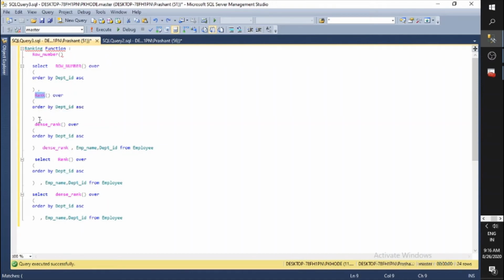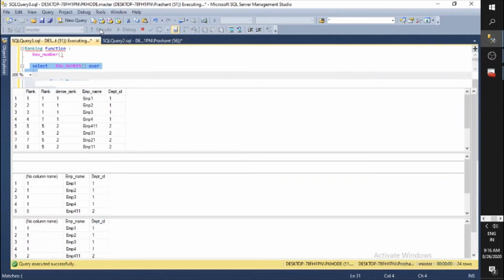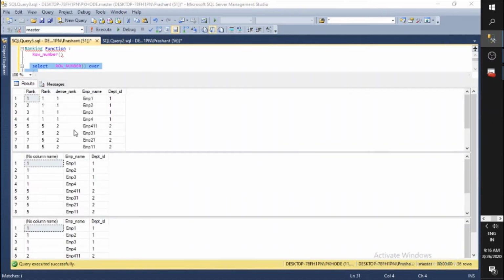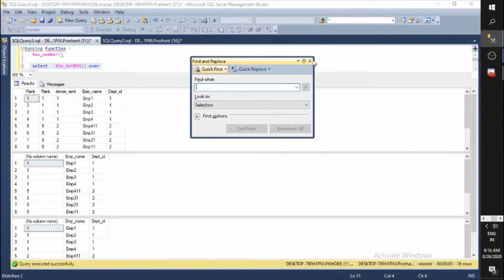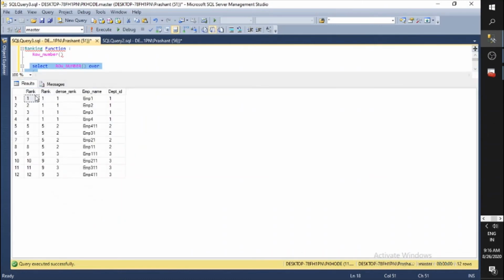It's a bit difficult the first time, but it's very easy and very useful while working with database programming. Now if I select this query, only a single query, let's try to understand. If I go with the row number function, I will get 1 2 3.